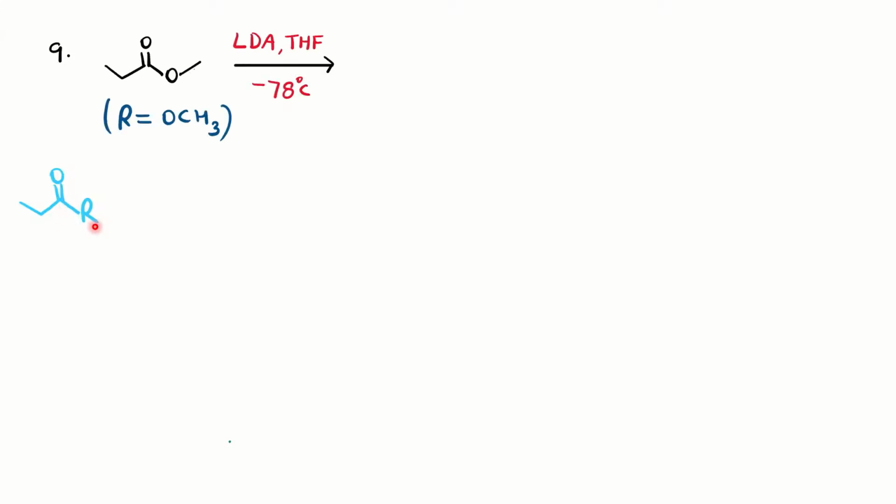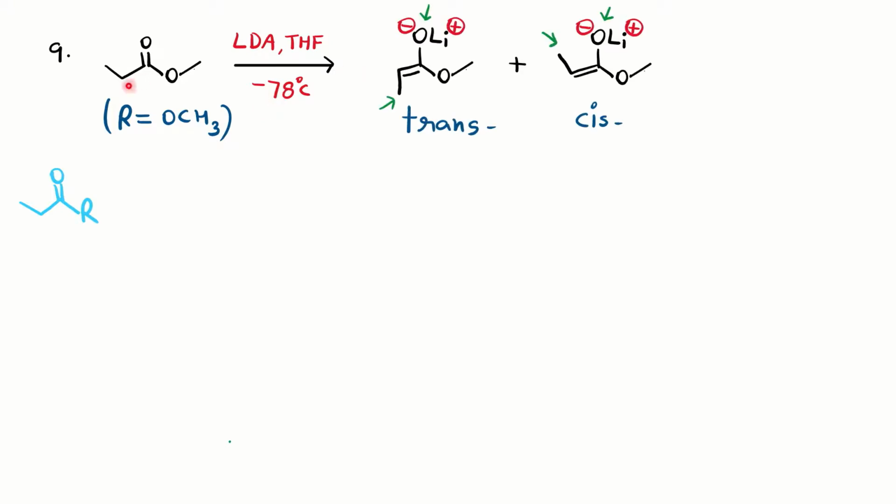Now this reaction, you can see I have written here a carbonyl compound having a terminal R group. Now here R, in one case we can assume it may be OCH3 or any small substitution. In the presence of LDA at minus 78 degrees centigrade, which is a very low temperature, it will abstract the proton. We know the alpha position is only one here, so it will abstract from here and enolate formation will occur.